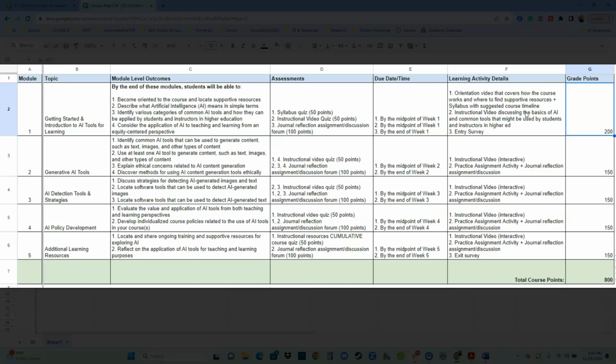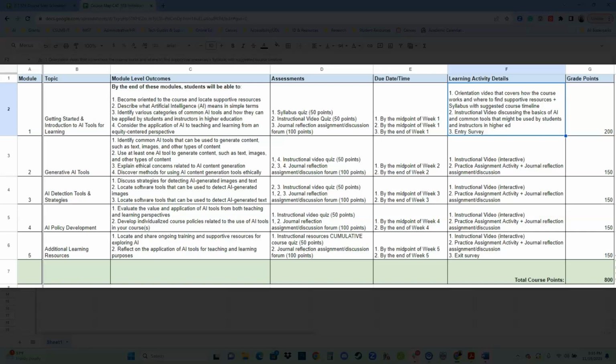So this course map is something that I use whenever I develop a training or instruction or whatever. But it's really important to share this with my students, and this is why I include the grade points information. It is helpful for me to have this information all in one spot as well. But this course map then becomes a valuable learning tool for students so they can see, okay, what's the point of the module? How does this whole thing work? So this is why I put more information in it, so that students can understand how they're going to engage in the learning.